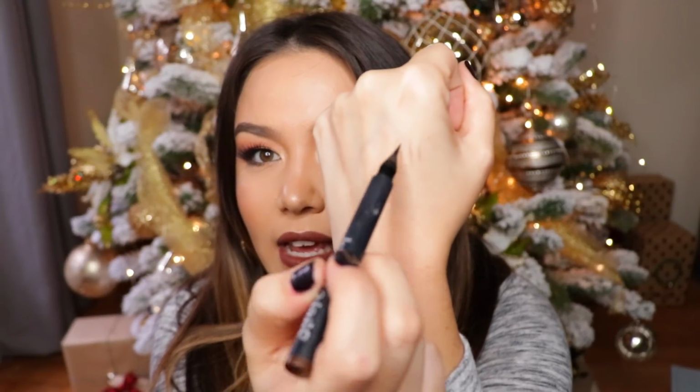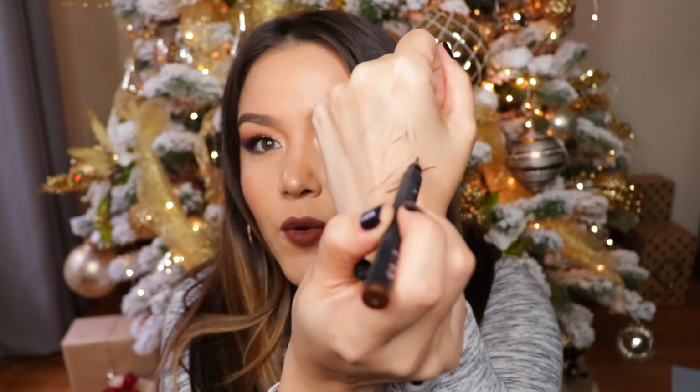And then if you have any sparse areas, you could go in really lightly and create like the most hair-like strokes, or if you're wanting to go in and create something a little bit darker. But I just love it because it's something that still makes your brows look a bit more natural without looking as harsh as some of the pomades out there or some of the other brow markers I've tried. I want to say there was one from Maybelline, but I think that one had like too fat of a